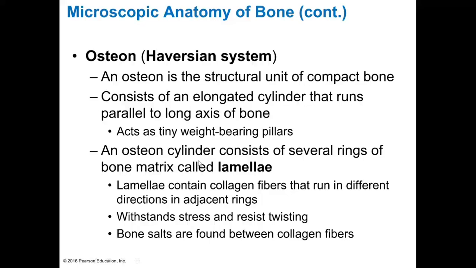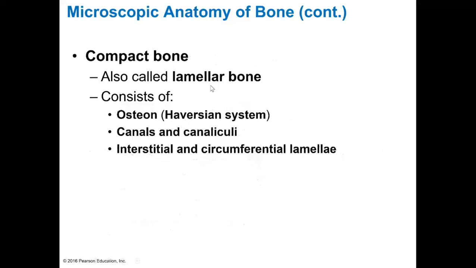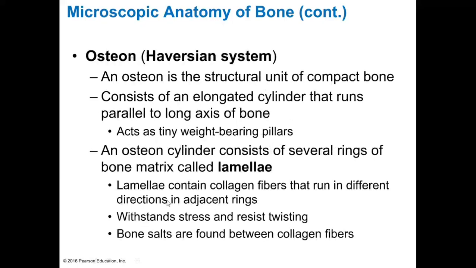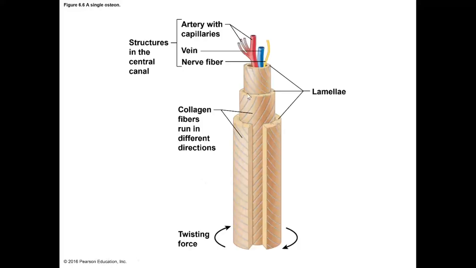An osteon cylinder consists of rings. Now remember, like the tree has rings called lamella. And again, the lamellar bone. Lamella consists of collagen fibers running in different directions. And what that means is that if you were to look at the rings of a tree,